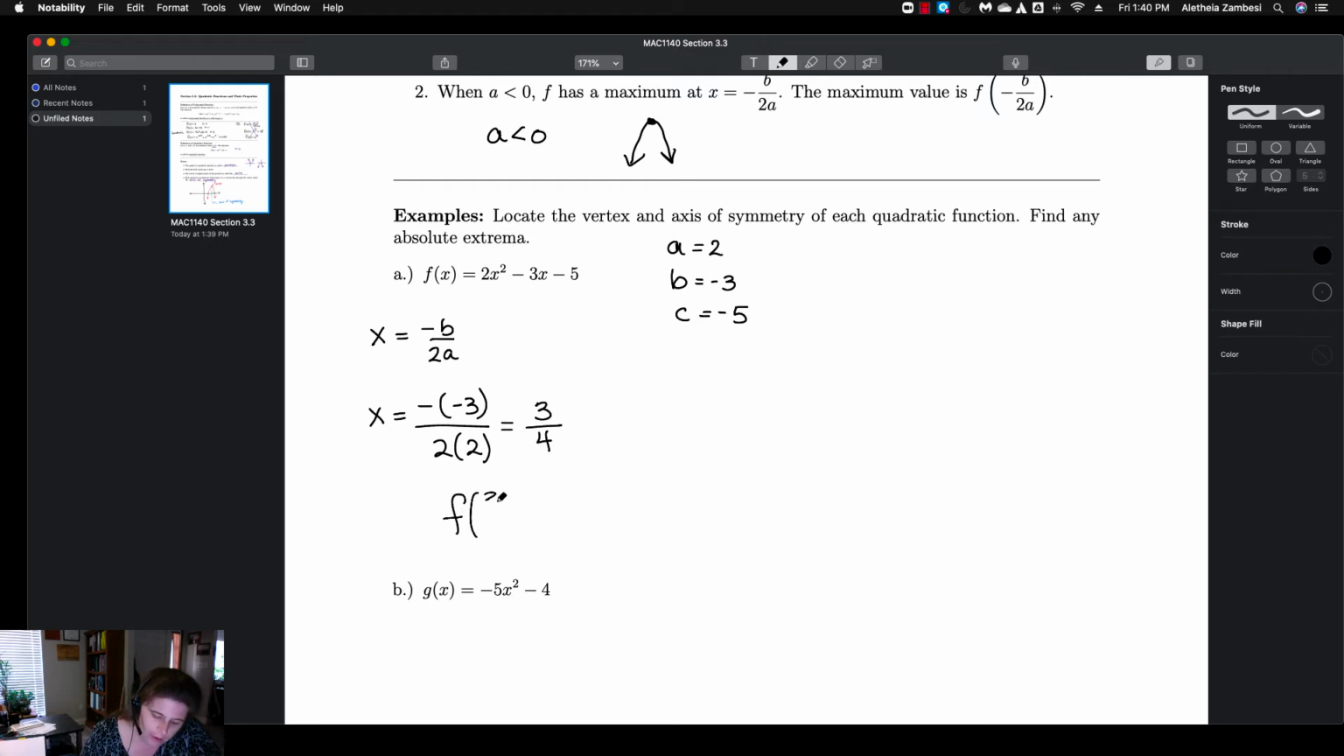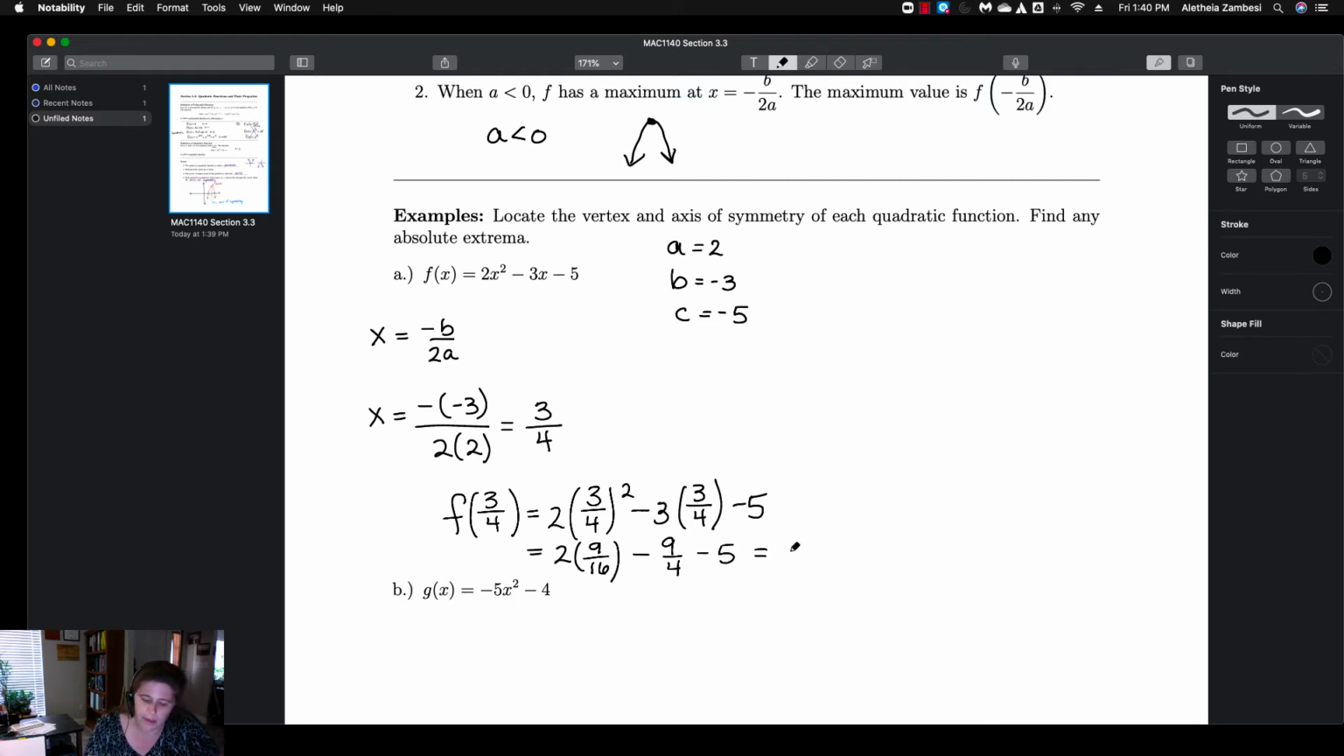F of 3/4 is equal to 2 times 3/4 squared minus 3 times 3/4 minus 5. Squaring the 3/4, I get 2 times 9 over 16 minus 9 over 4 minus 5. Arithmetic, this will cancel and I get 8, so 9 over 8